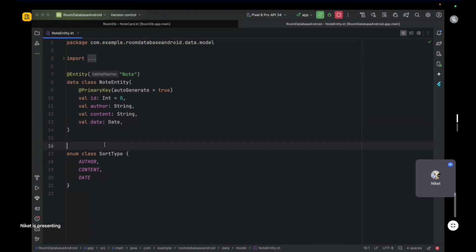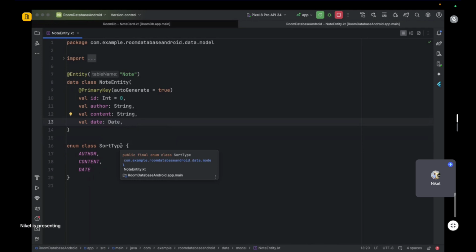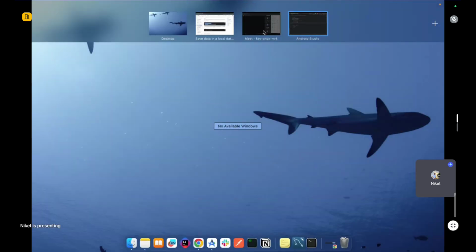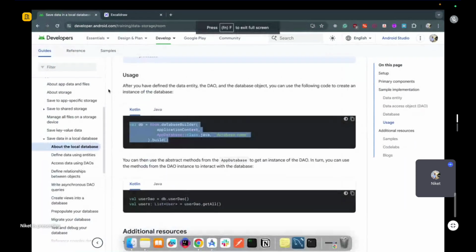So we need to explicitly tell our database that whenever this date type comes, convert it to the type that you understand, then insert it into the database. Then when I fetch the data, convert that type back to the custom class that I have given you earlier. What I mean is, if we go to the documentation,